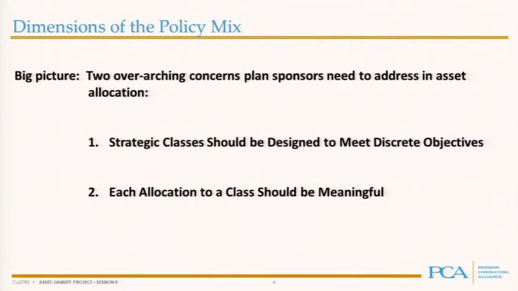The key to the difference is that what we're really trying to do is focus on assets meeting objectives, because at the end of the day, what you really care about is funding a pension plan over a long period of time at a given level of risk. How do you get there? In our opinion, that's by putting groups of assets which perform in a similar manner in risk-return space into groups. That means you have fewer groups as opposed to more groups,